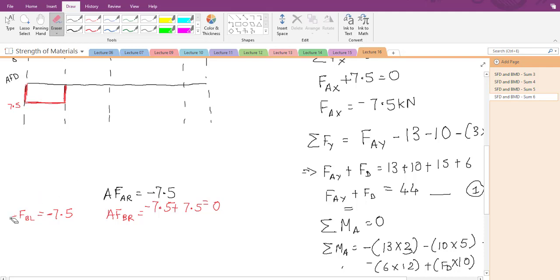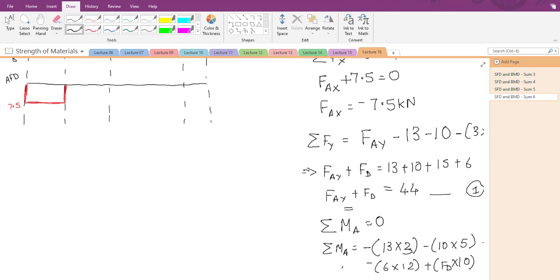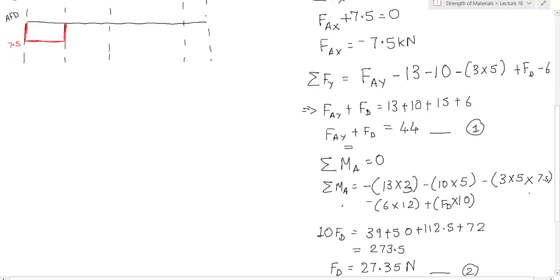Okay, in the exam, this should be shown. This also should be shown. You can write the direct values. You don't have to show this calculation. You can just write the direct values: what is to the left of A, what is to the right of A, what is to the left of B, what is to the right of B. Okay. So now we have to do what?